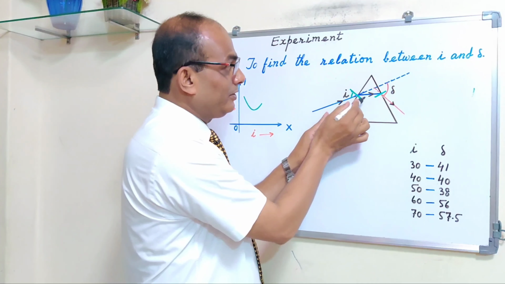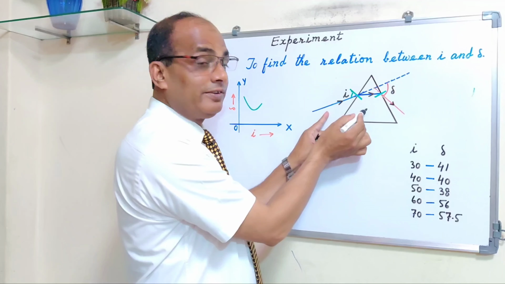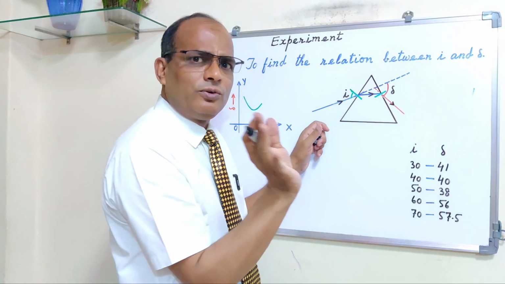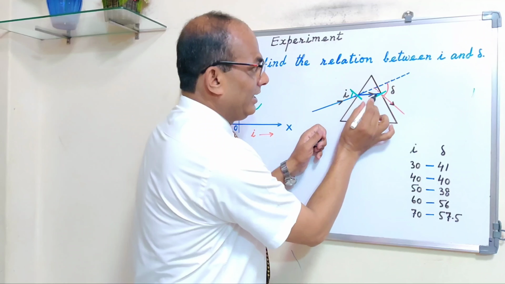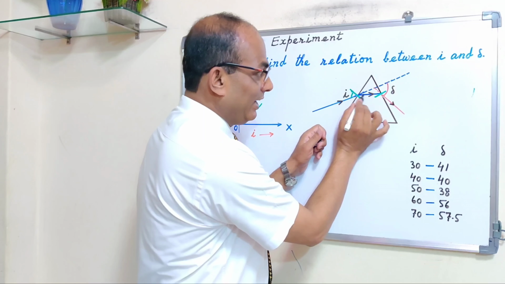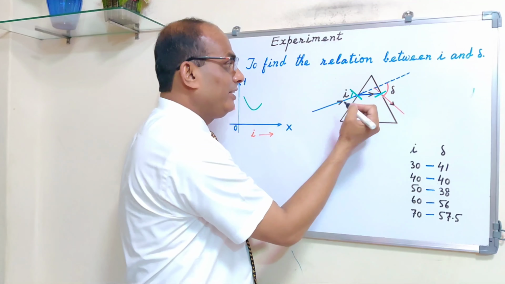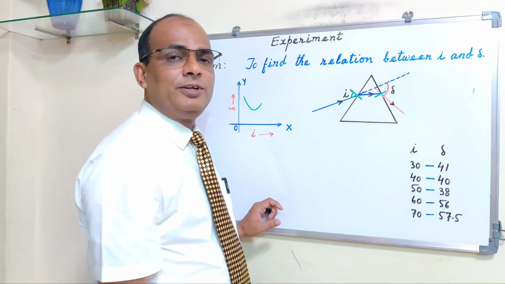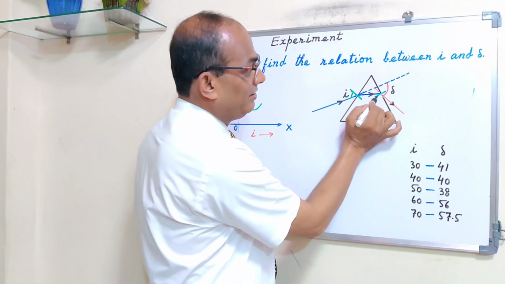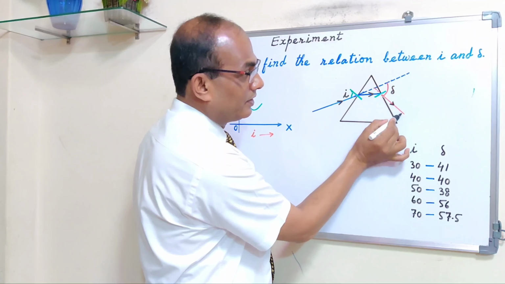Now, this ray of light enters the prism and suffers refraction. Because it goes from rarer medium, air, to denser medium, glass, it bends towards the normal. All these things you already know. So the ray of light inside the prism is the refracted ray, it is going like this, and then when it is traveling from denser to rarer medium, it goes away from the normal. The normal is this, and it is emerging like this.